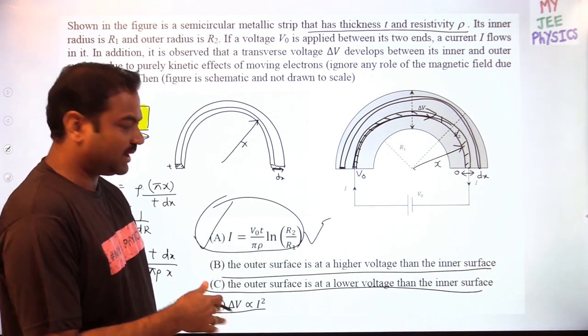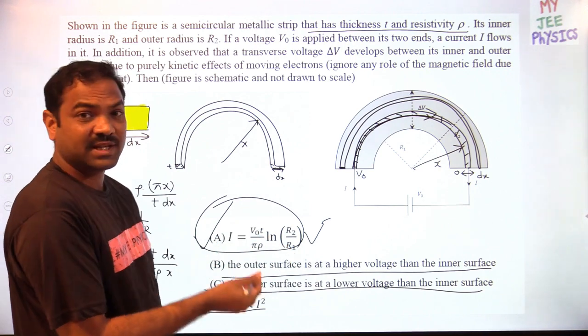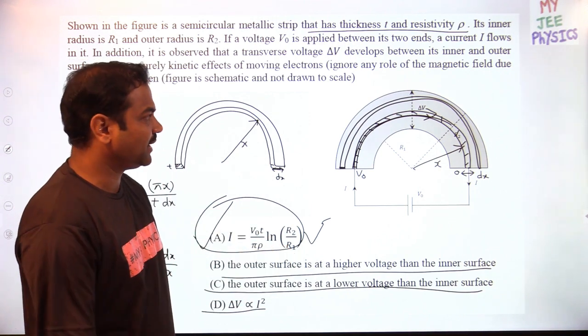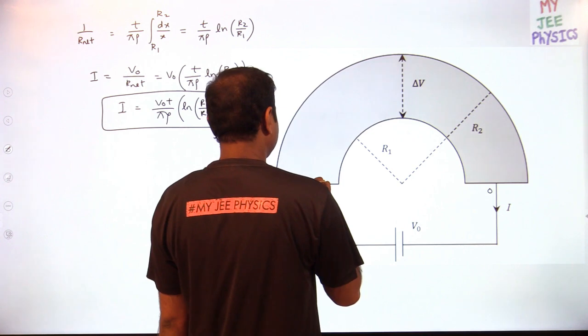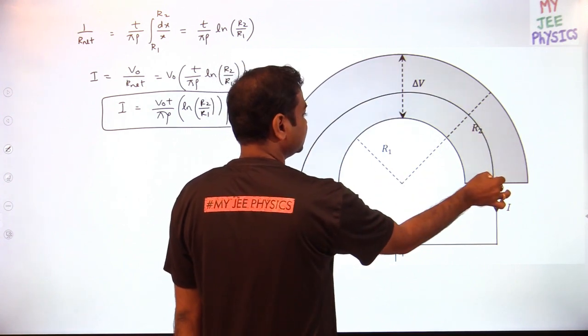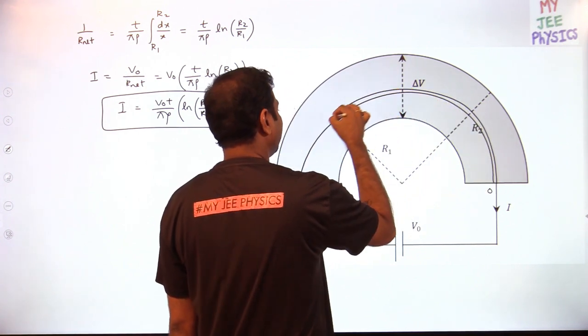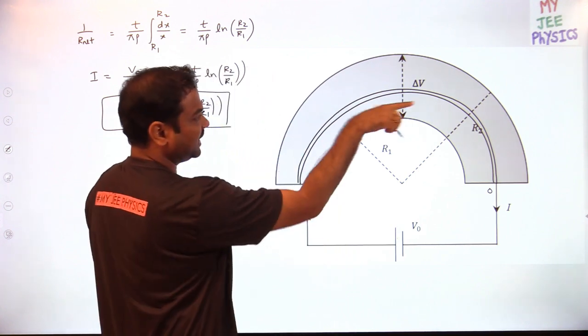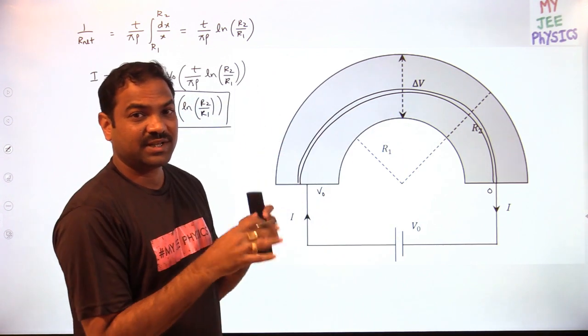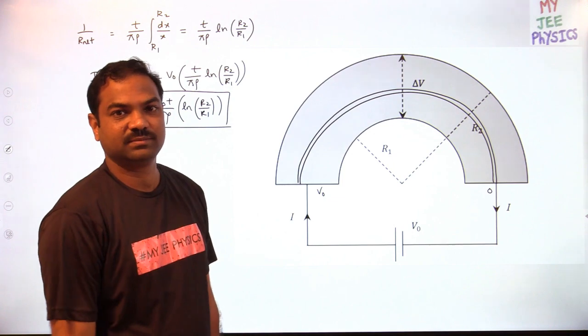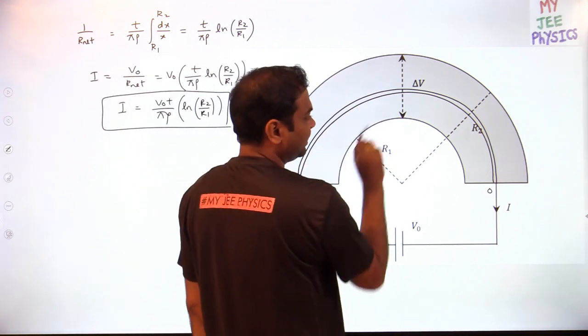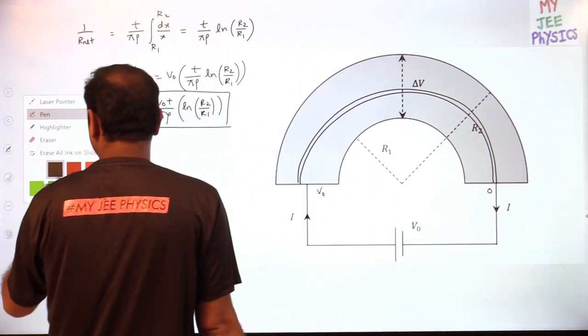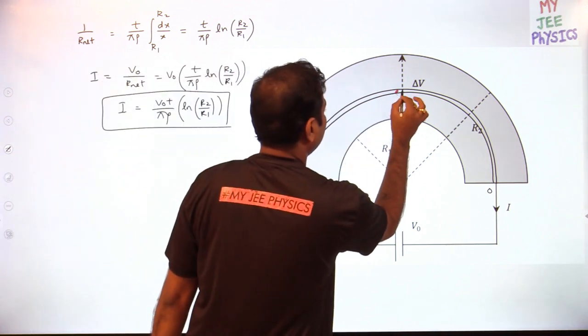So let us see how B and C, higher voltage, lower voltage, why there is a potential difference across it. For that, I am again taking one strip in the material. If I take strips like this, different strips will carry different currents. I am talking about one particular strip, and there, suppose I talk about any electron,